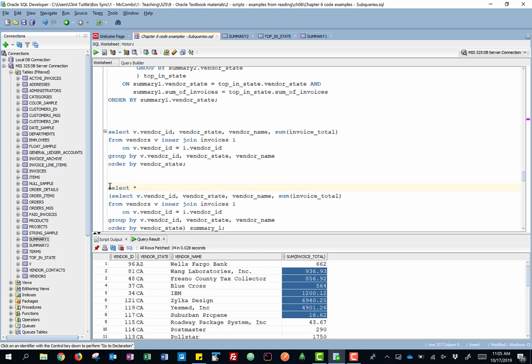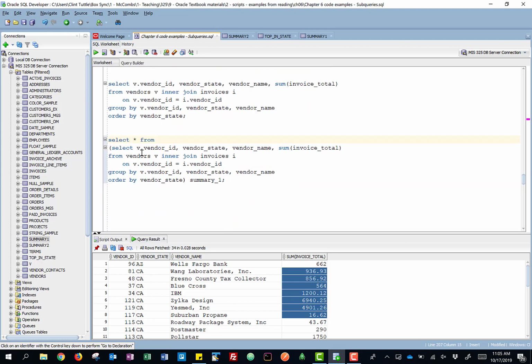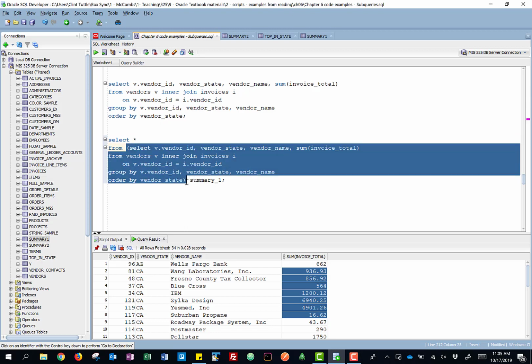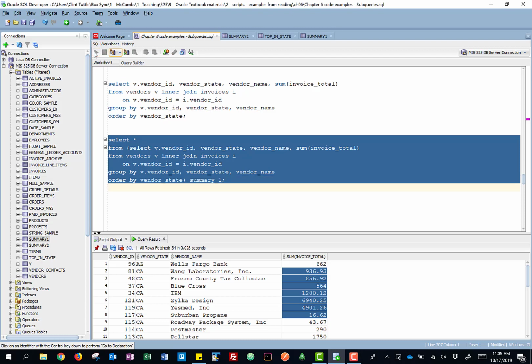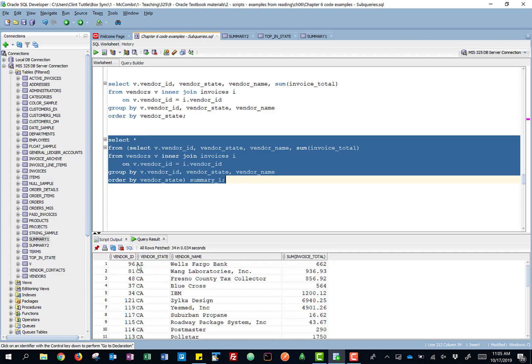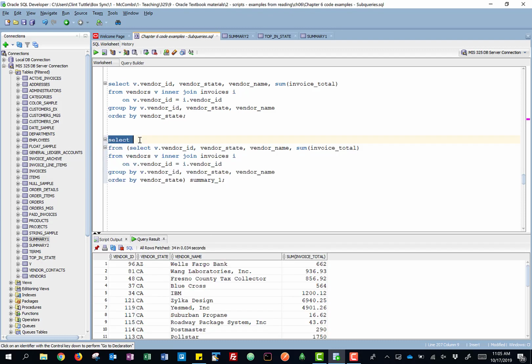and let's say I want to select star from. So remember, I can make a table based on this, and I'm going to call that table summary 1. So I can just say select from, and then everything in this parentheses is the actual table. So if I run this, now it's giving me the same thing, but now what I can do is I can select from this table that I've created. So now I could go and say, give me the vendor state and the max of,